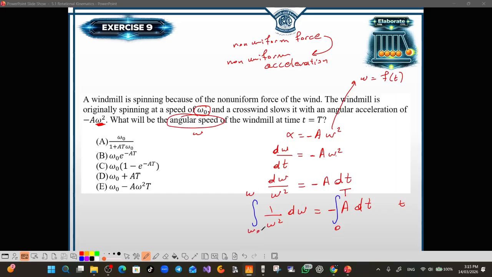Remember to link the boundaries of integration with the variables that you have. So always we're going to use the initial conditions with respect to this variable. So here the time, the initial condition is 0. And for the variable omega, the initial condition is omega 0. The final time is t, capital T. The final omega is known as omega final. Now, before we start the integration,